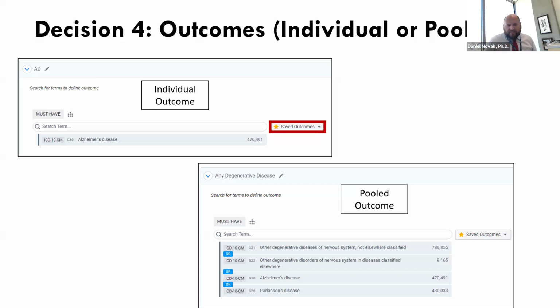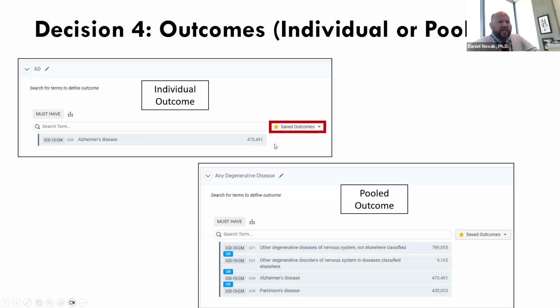There is no way to use Boolean logic in your outcomes analysis tool. It's going to be this condition or this condition or this condition or this condition. There's no and function. So pooling them together really only allows you to see whether they have one of these. If you need to know more specifically which ones they get, you're going to need to use the individual outcomes